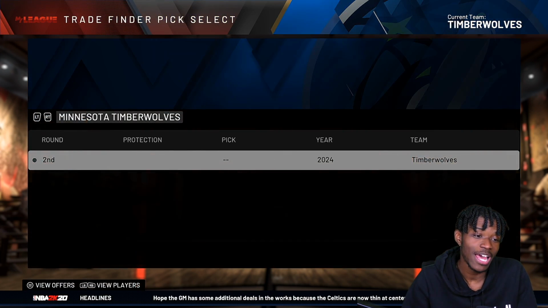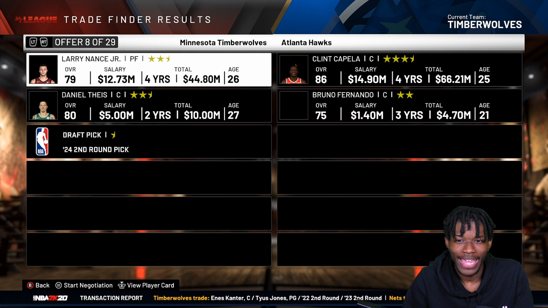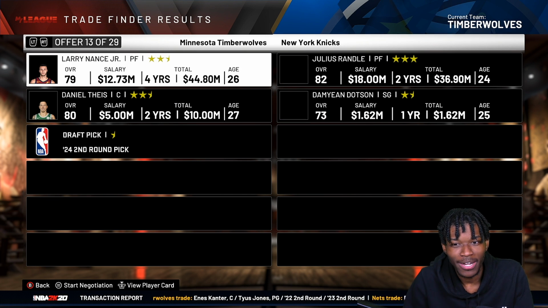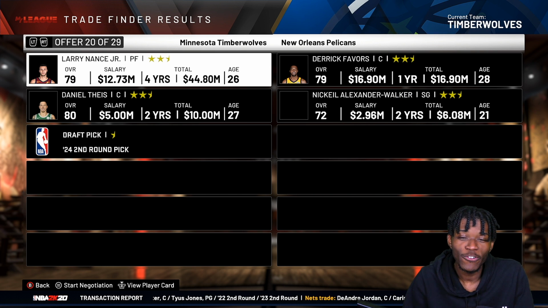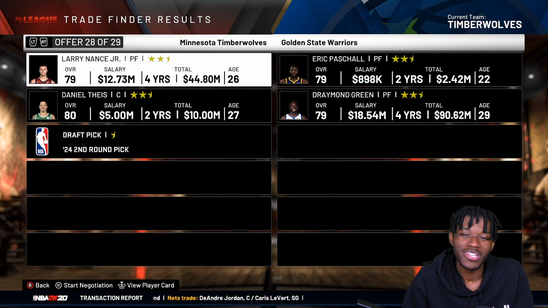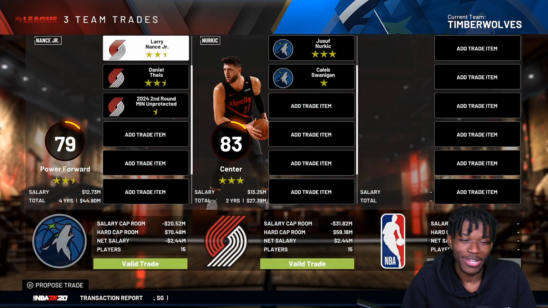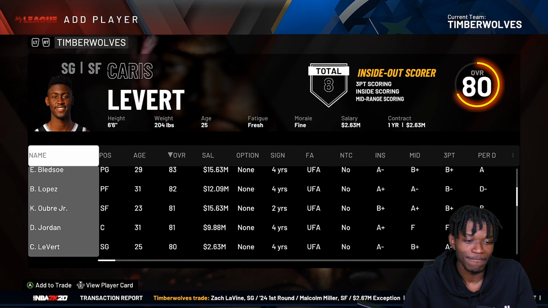$10 million or $12 million contract with Daniel Theis. Will we be able to get an upgrade anywhere? There's Clint. Clint's going to keep popping up, man. And if we're trying to just build the best team available, Clint Capela is the move. But can we agree that that's just such a boring trade? I mean, I could bring Jusuf Nurkic to be...